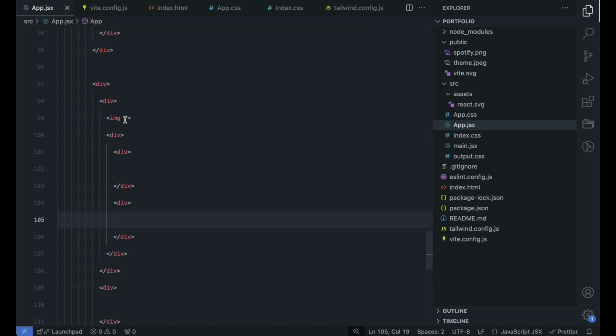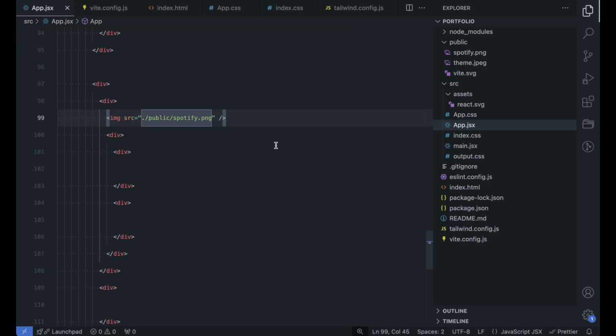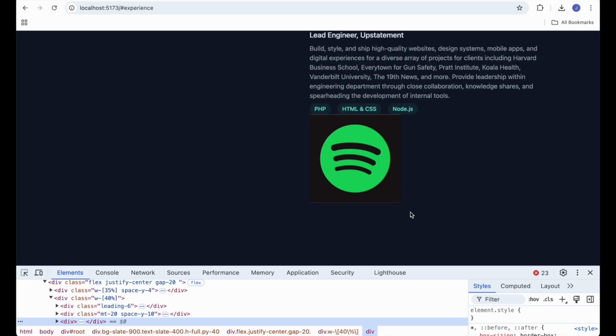So let's start with the source of the first project. For the first project, I'm picking up the Spotify image because that's what my first project is about. And let's check it out. So yeah, we have the Spotify image right here, but these are two different sections and